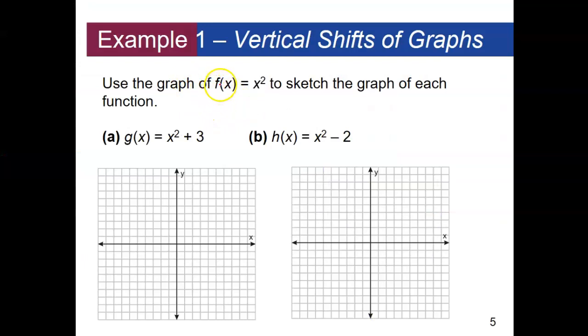Okay, so when we start looking at problems like this, part of what I want you to be able to do is to identify the parent graph and then to tell me verbally, or in words, what type of translation is happening, and then to be able to sketch your graph. So on this one, our parent graph, and I'm just going to put a P, is simply x squared. So our x squared graph is symmetric here about the y-axis. So if we go,